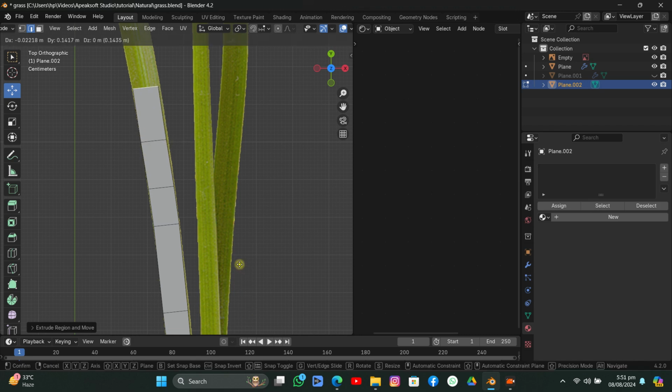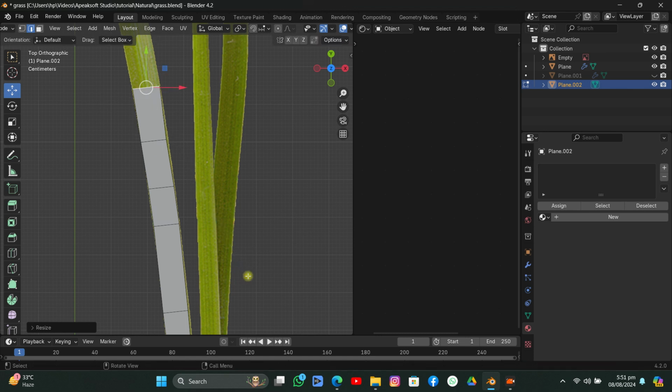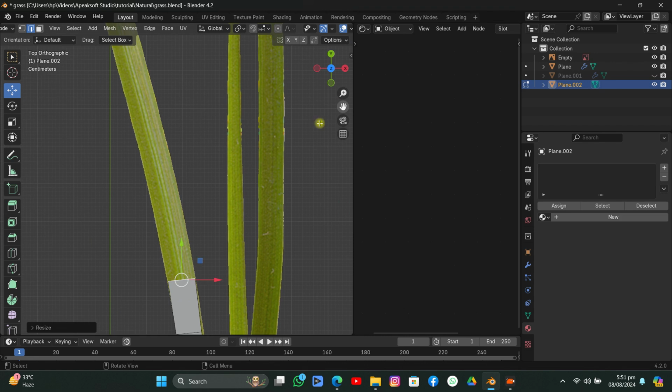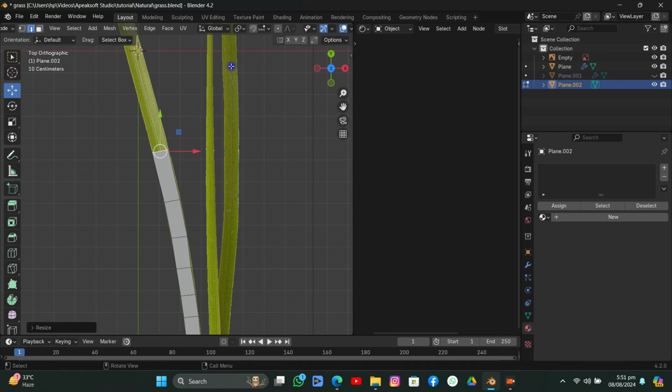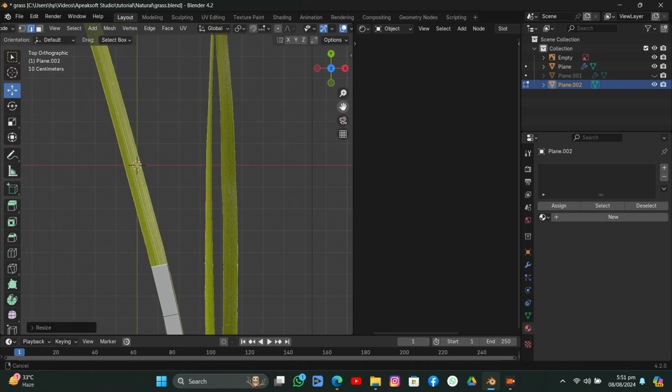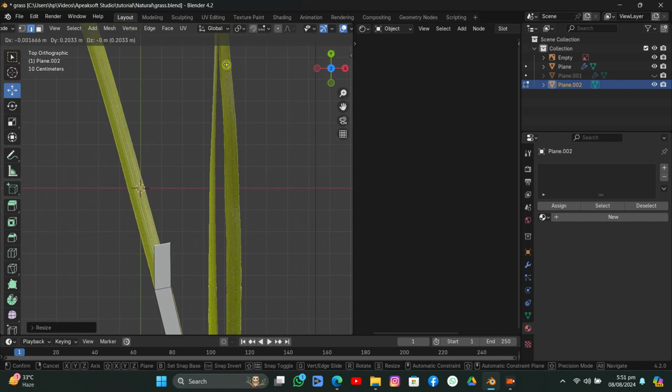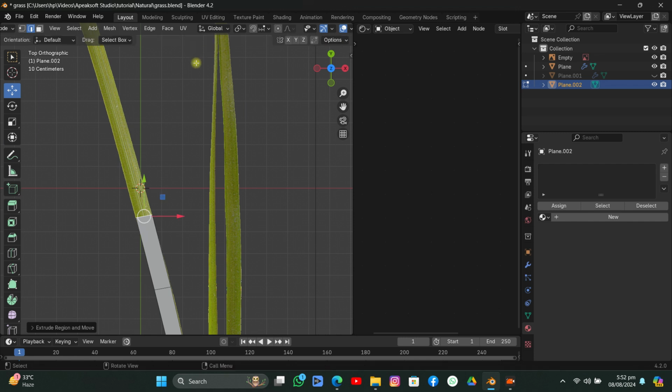And just scale it that way. E and extrude it. Rotate it. E extrude it. Scale it just slightly. Hit E, extrude, rotate, scale it down like that, hit E again,